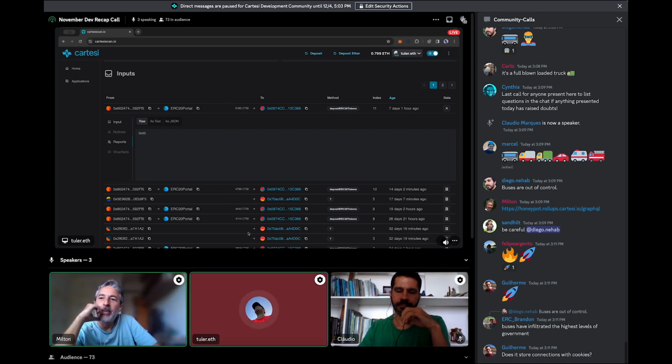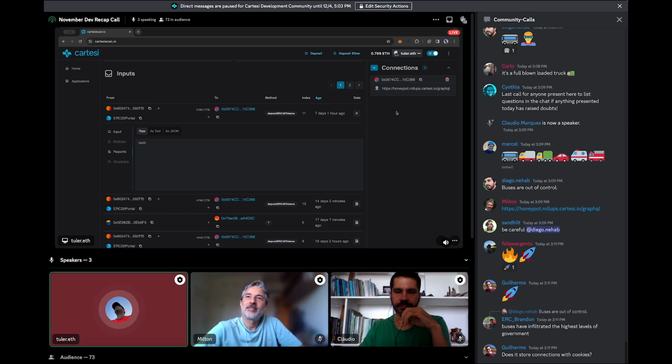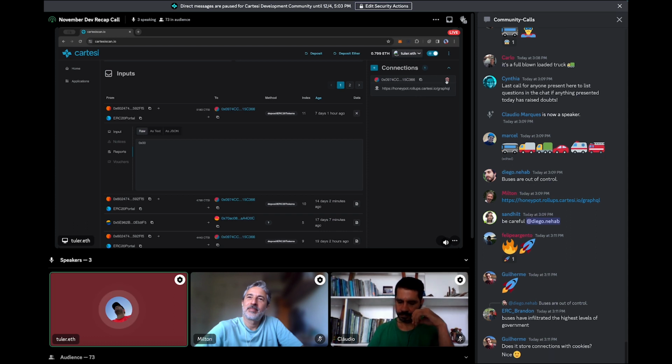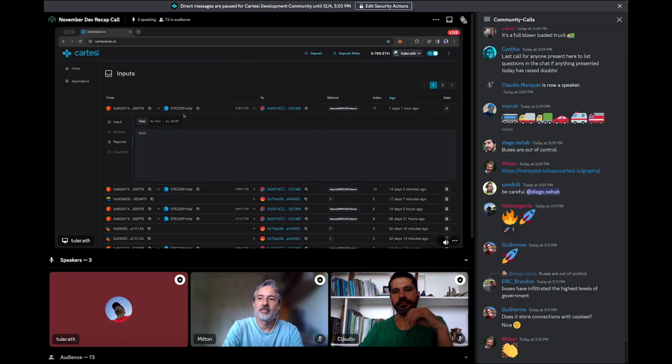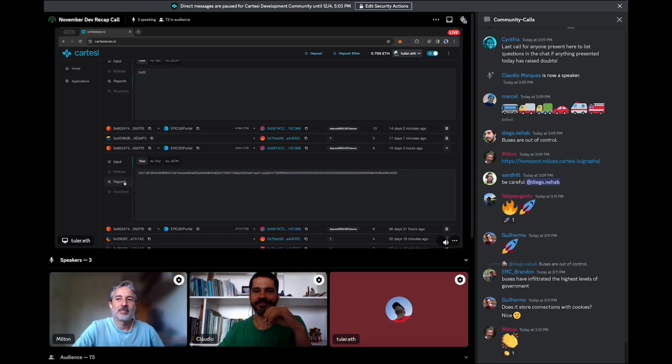It's really cool. Guilherme was asking if the connections are stored in local storage or cookies or something. Yeah, the connections are stored in the local storage of the browser. So there is no centralized entity holding these connections. If you reload the page or come back another day, it's going to be stored in the local storage. You can delete the connection if you want, but this is not stored in a centralized manner. Yeah, very nice. That's it. Thanks, Danilo.